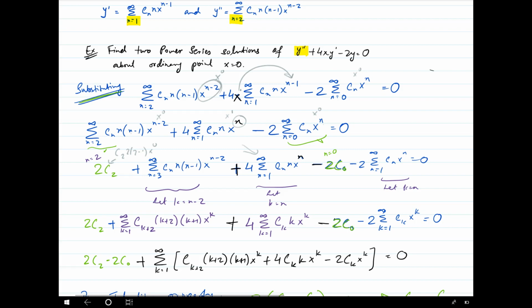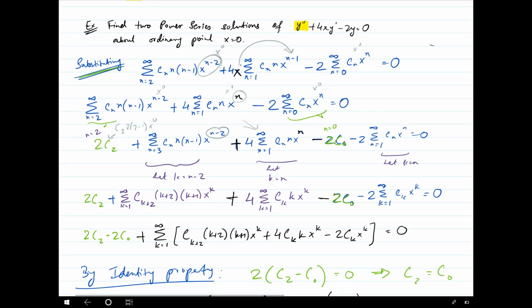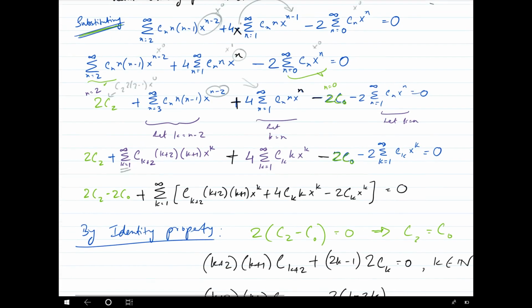Now as we have to match the index, so we take k equals n minus 2 here, and you're not doing anything here, and then you're saying k equals n here. So that statement is: let k be the new index, where k starts at k equals 1. So here you go, we're starting at k equals 1. Everything else still stays the same. All we're doing is, if k is equal to n minus 2, meaning n should be k plus 2. So wherever we see n, we substitute k plus 2 there,